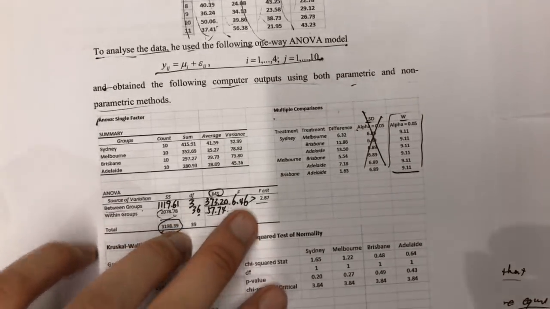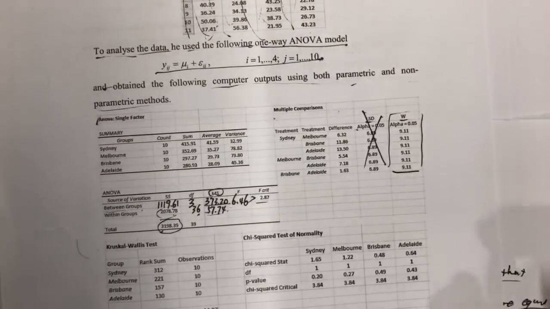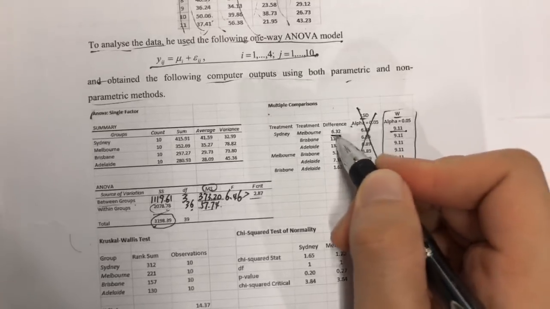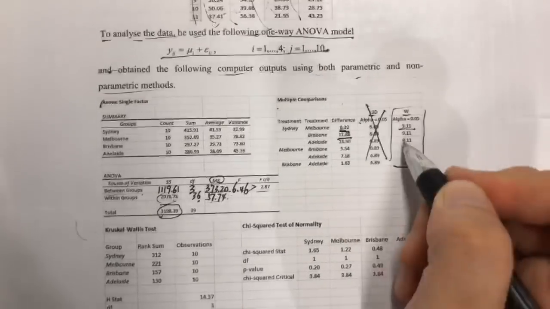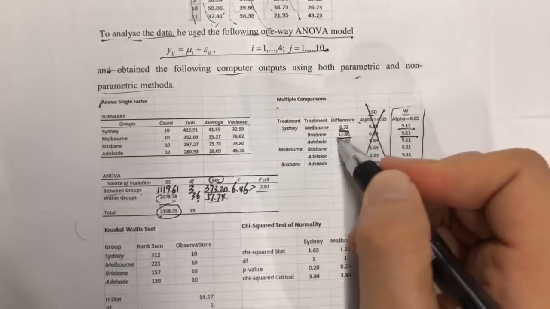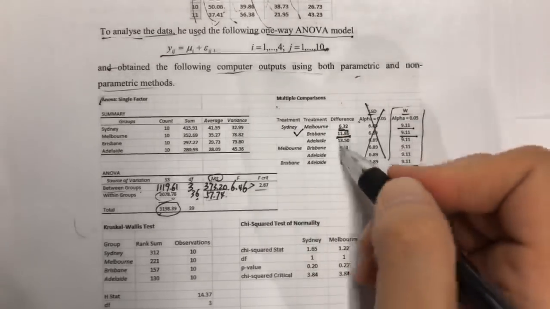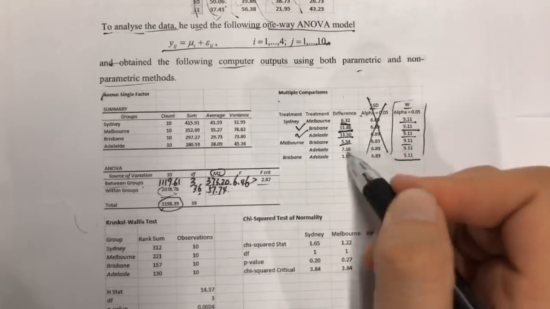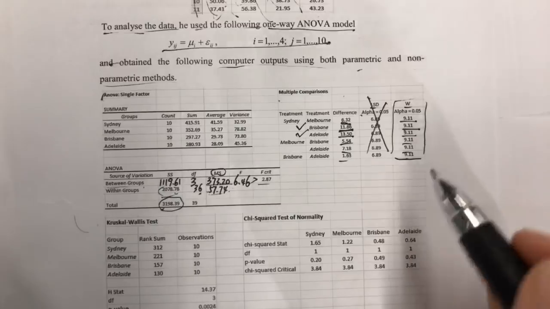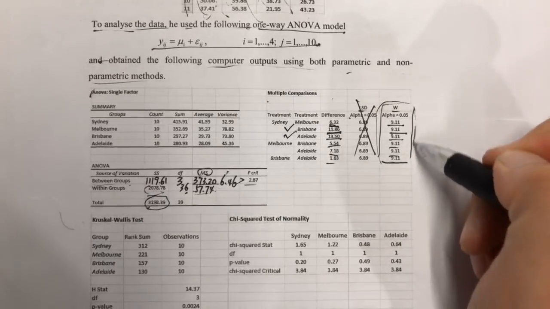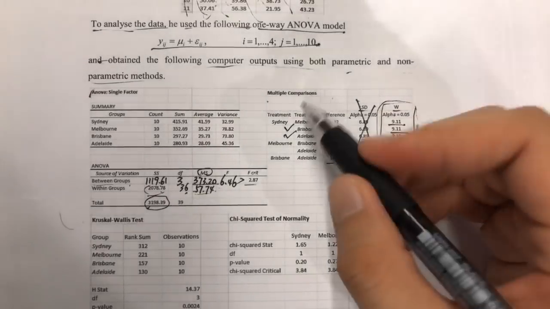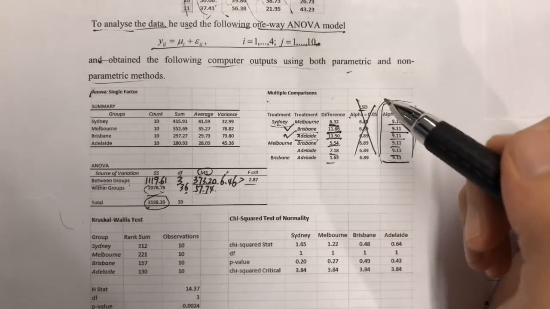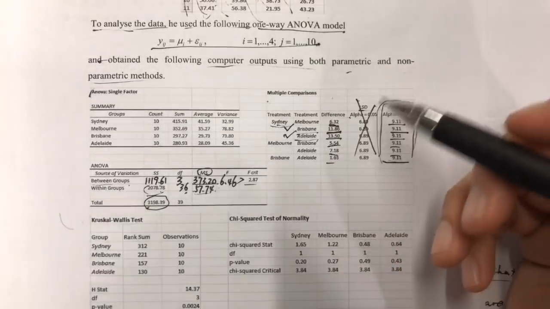So let's see which of the two cities are not equal. 6.32 is less than 9.11, right? So this is equal. 11.86 against 9.11, so 11.86 is Sydney and Brisbane. 13.5 against 9.11, Adelaide. And all of the others are less than 9.11. Therefore, when we look at the W or the omega, we conclude that Sydney and Brisbane, and Sydney and Adelaide, have significantly different average sales.